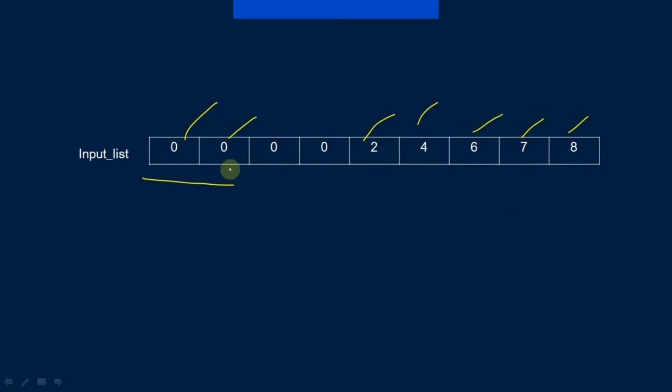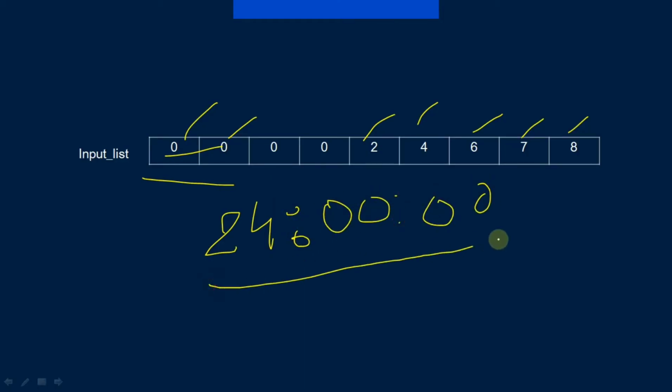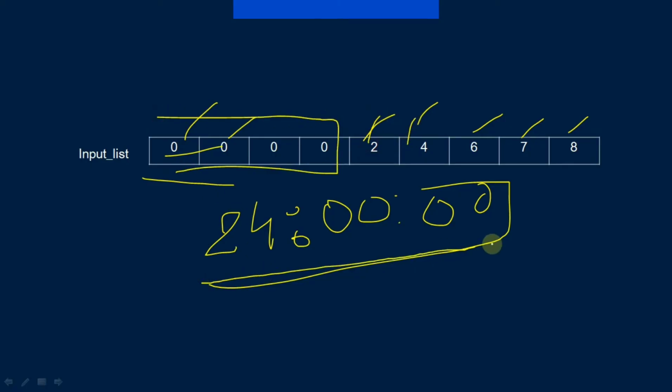Okay, so what will be the maximum possible time if we use this list? The maximum possible time will be 24 hours, 00 minutes, 00 seconds. So that will be the maximum time. So what we will do, first of all, we will check if we have 2 and 4, and we have 4 zeros, then we will directly print that value, that is 24 hours, and we will close the code. Otherwise we will use our logic and look for the maximum possible time. Okay, so I hope you understood.